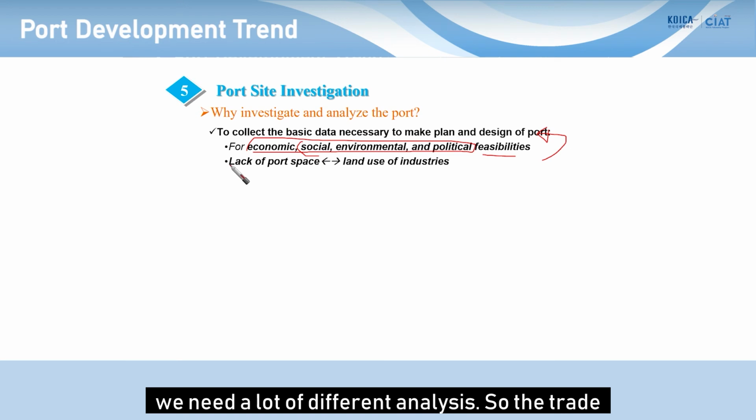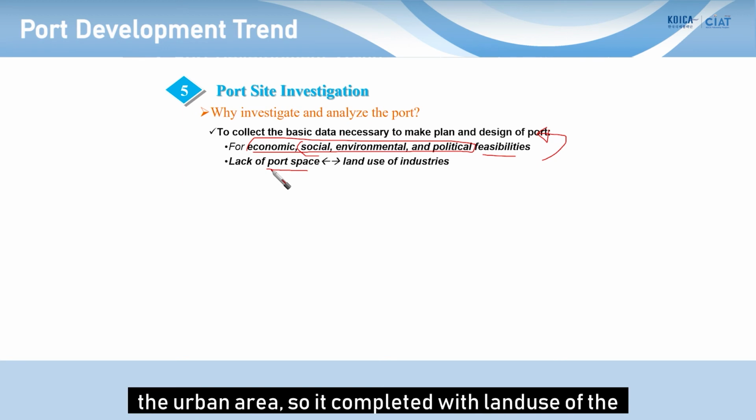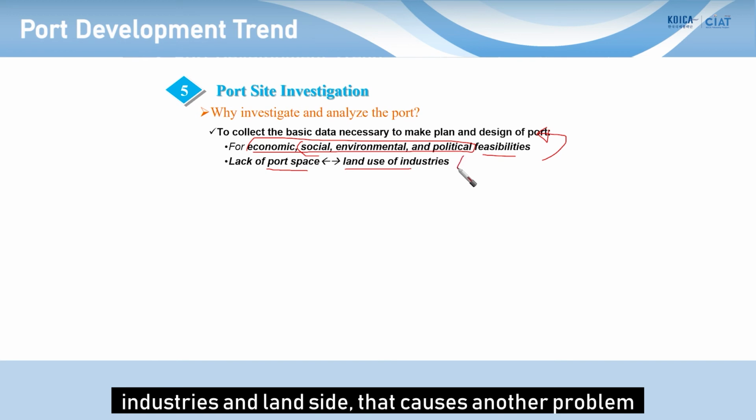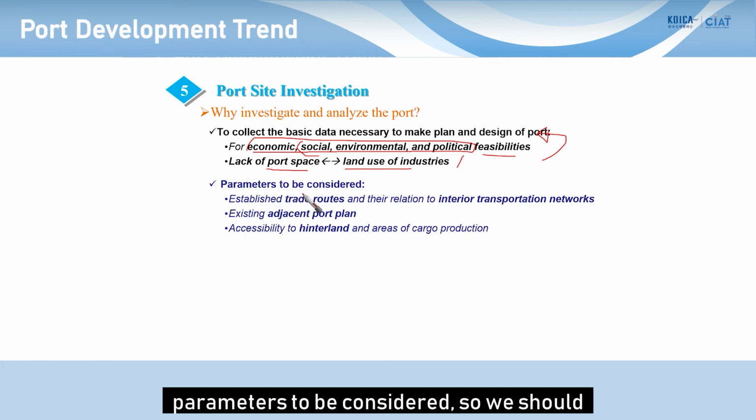As the trade volume becomes bigger and bigger, the space in the port should be enlarged. But with the lack of port space, they try to expand into the urban area. So it conflicts with the land use of industries and the land side. That causes another problem, so proper investigation of a new site is necessary. Parameters to be considered are: